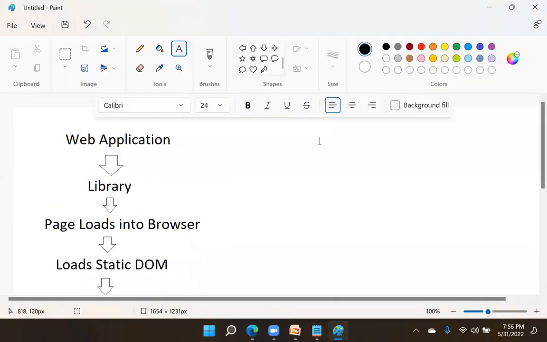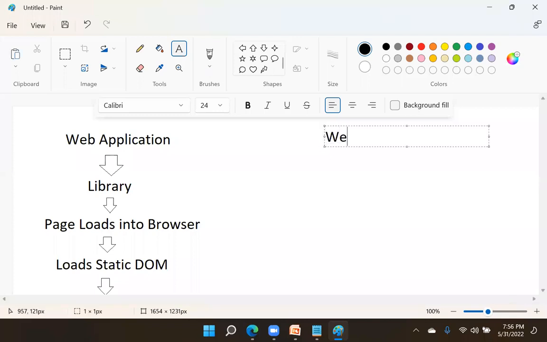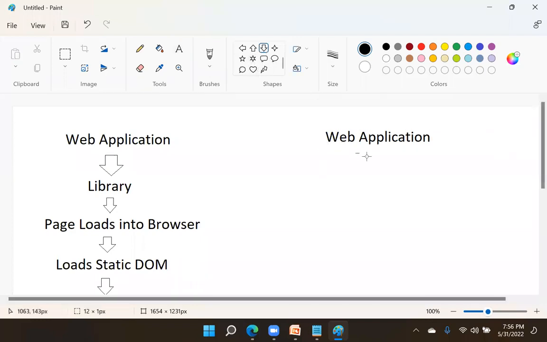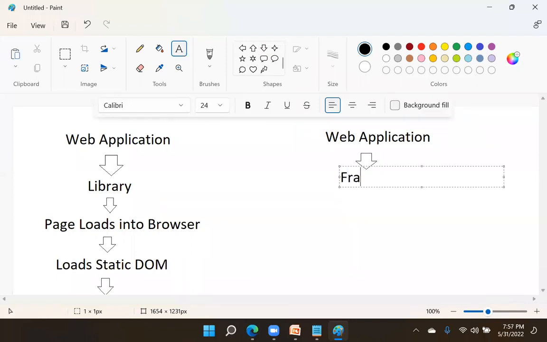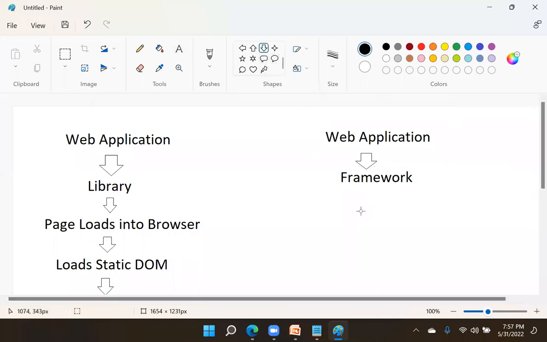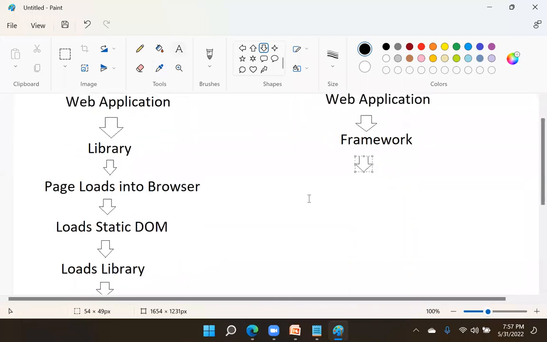I will show you. Now we are developing a web application, and this web application is designed by using a framework. What happens here is the same concept.